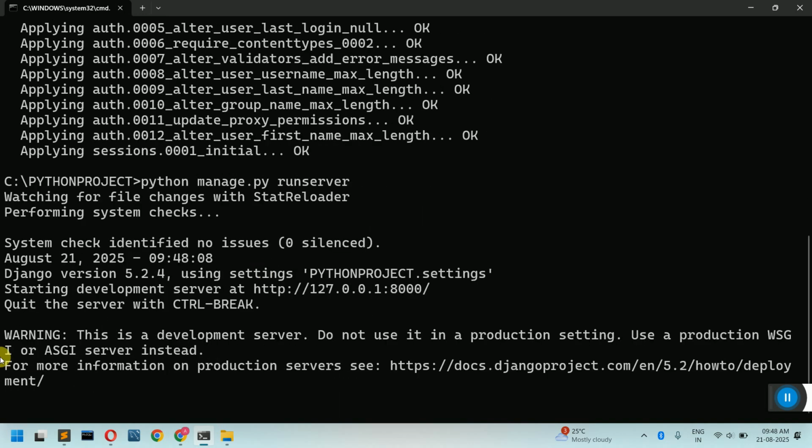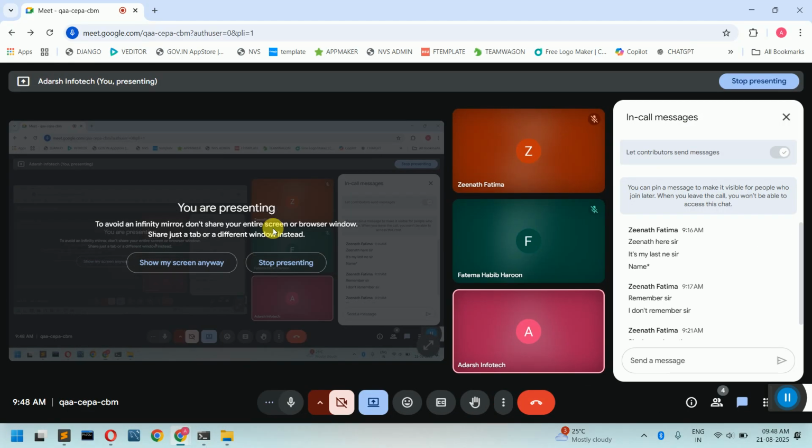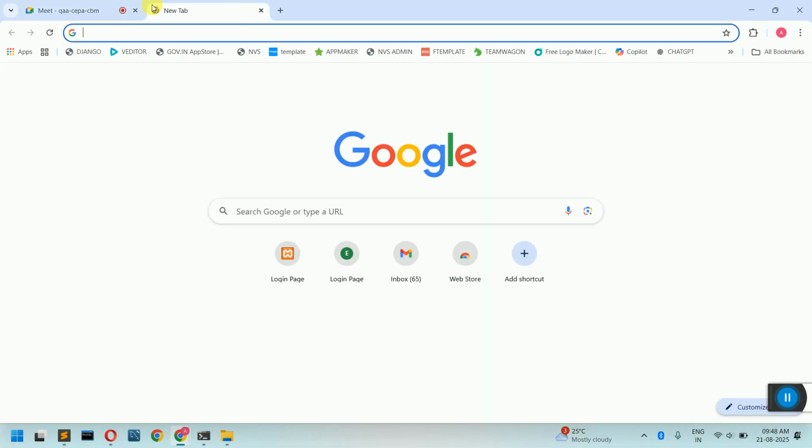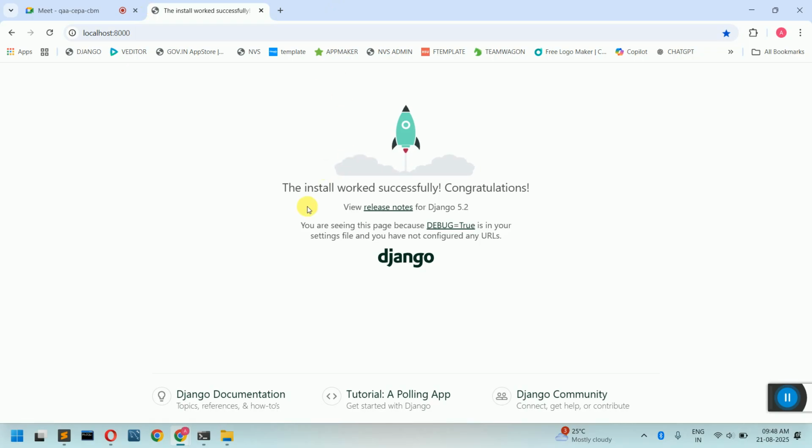So it says quit the server with control break. If quit the server with control break has come, then whatever operations you have done are perfectly fine. I want to see that application on the screen. So open the browser. And here I'll open and I'll type localhost colon 8000, click on enter, and you will see the Django application